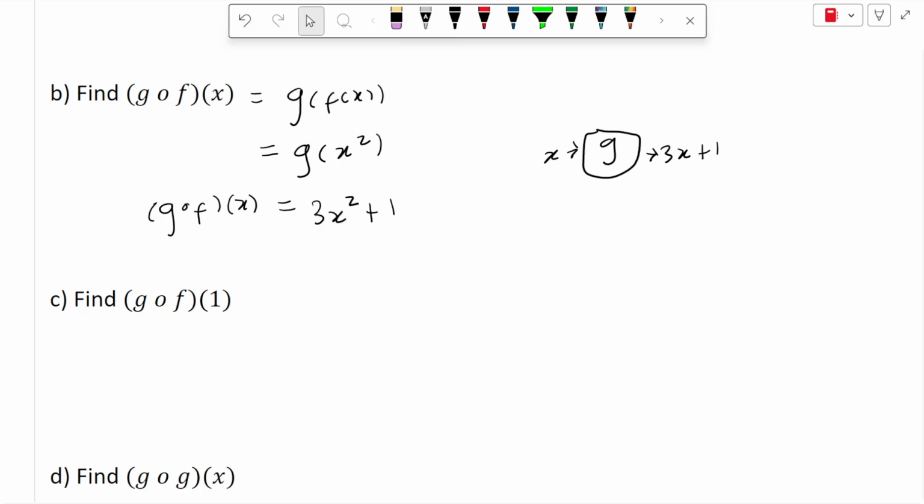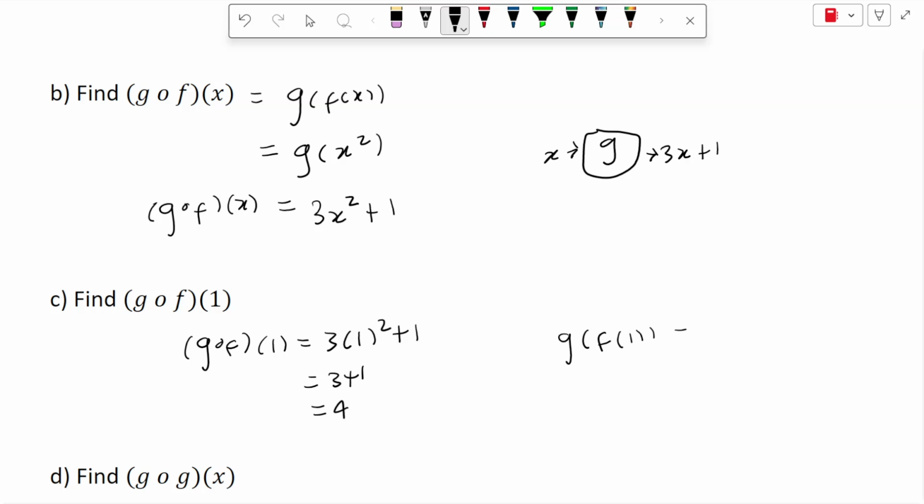Okay, g of f of 1. So there's 2 ways you can do this. g of f of 1. That's going to be 3 lots of 1 squared plus 1, which is 3 plus 1, which is 4. The other way to think about g of f of 1